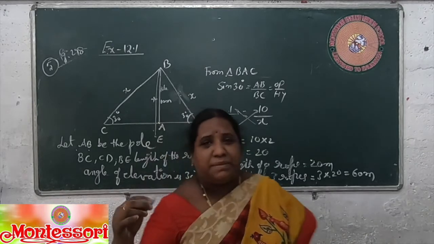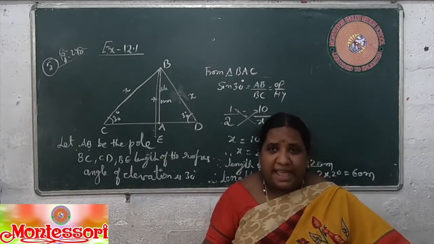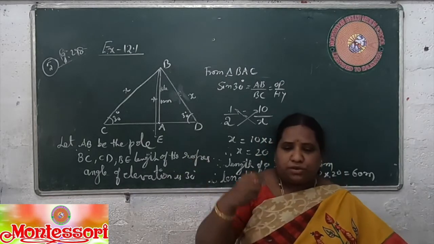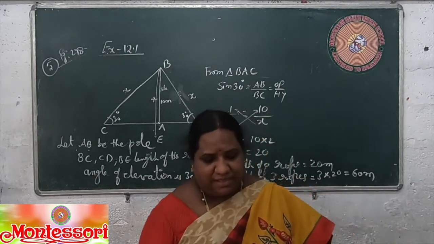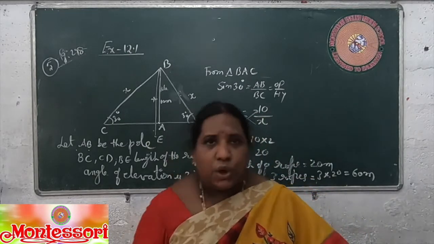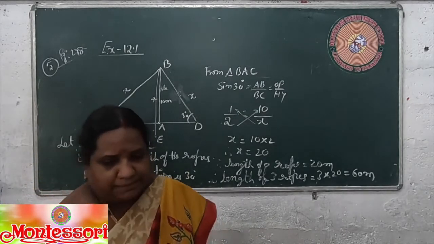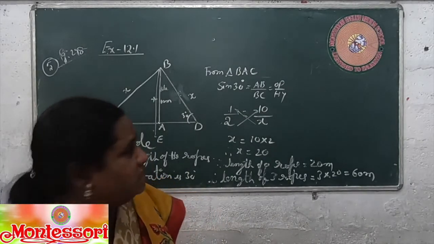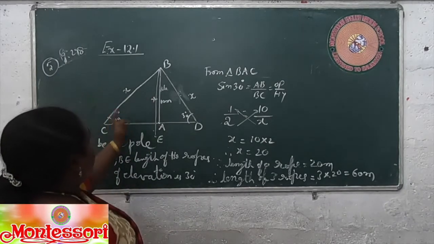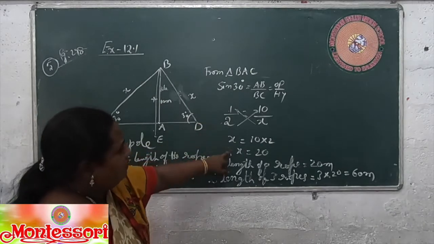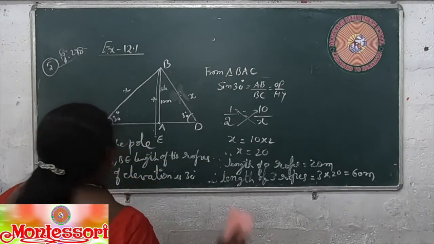So you have to imagine 3D shapes and for 3 ropes we have to draw the diagram and apply it carefully. When you are writing, maintain a note in the notebook so that you can revise easily. Diagram is a must. Okay children, next we will go to the 6th sum. So in the 5th sum I used the sine formula and from that I got 1 rope, because I want 3 ropes we got 60 meters.